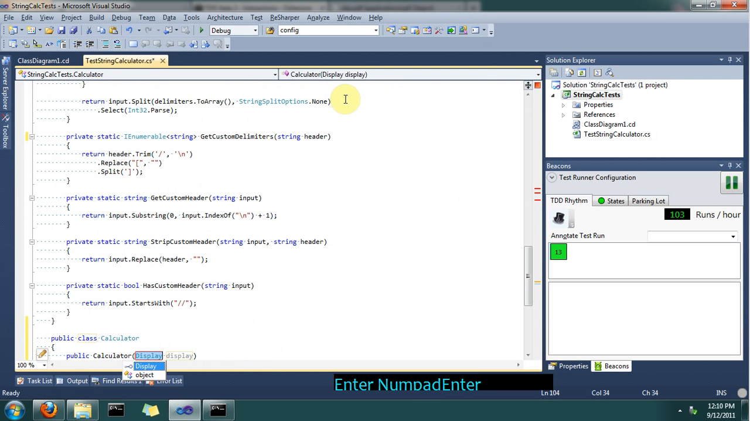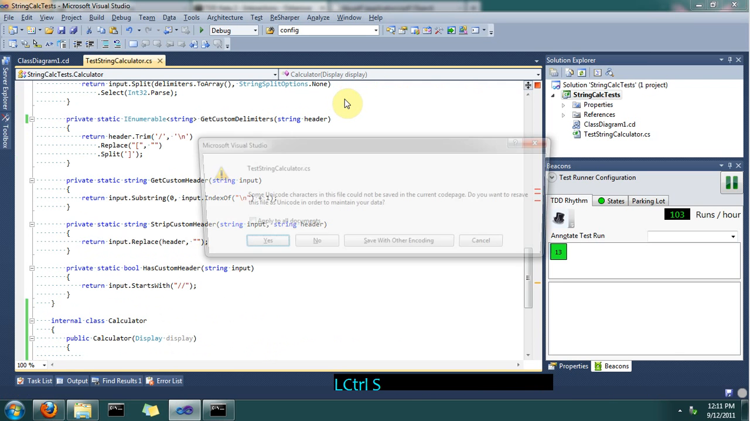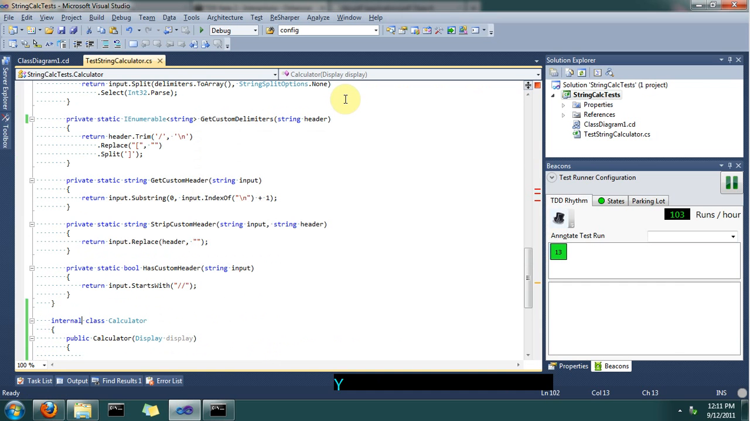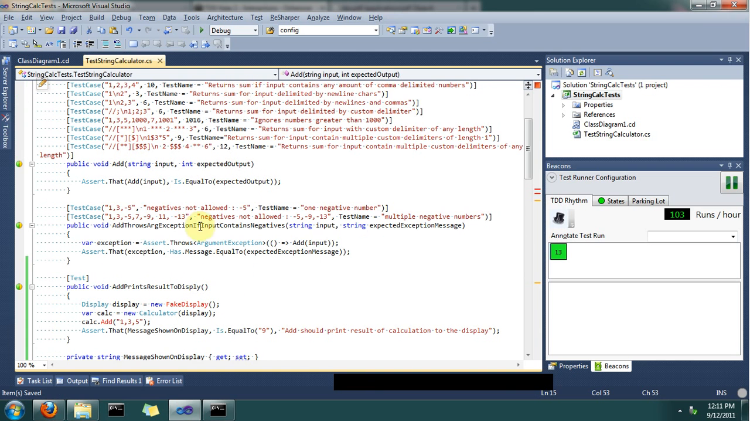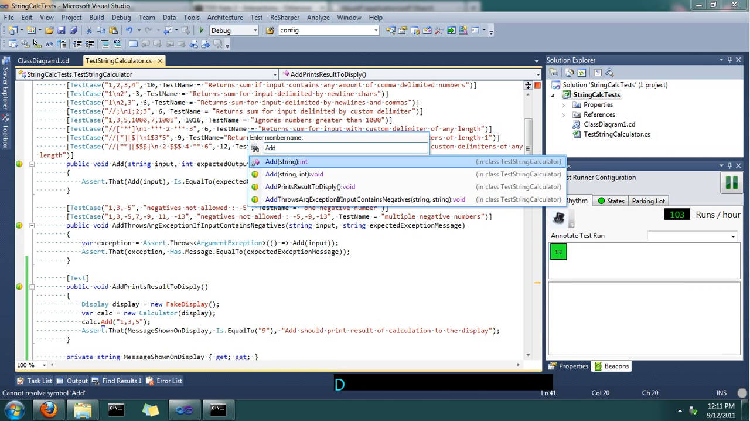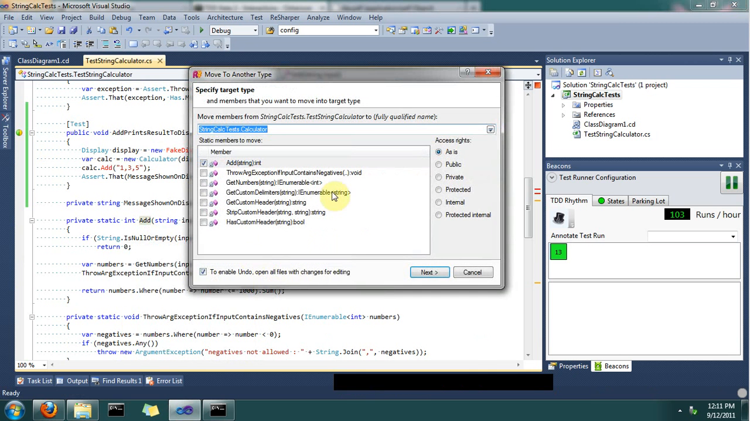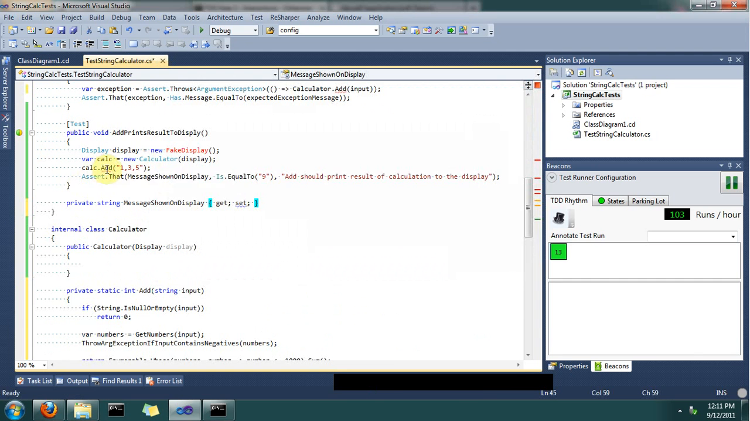Create a class, and as Calculator, Resharper populates the constructor that we need. Make this internal. Right, and now we need to move the add method to the calculator. Here it is. I'll move it, and it will need all the private methods in as well. So we do that, and now we get a